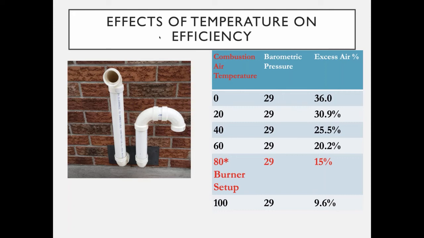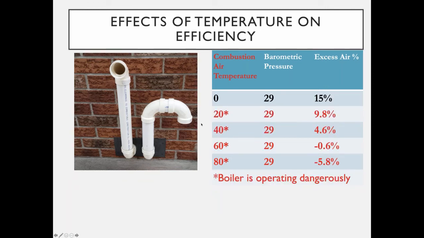Well, as it gets colder throughout the year, we actually have more air, more oxygen in our combustion air, and it goes from maybe down to 30% excess air, which looks like it's going to be about a 1 or 2% difference. It's not bad, but the thing that we really want to be careful of is, when I was taught in the industry, we were taught the best time to set up a boiler is when it's the coldest temperatures of the year, because the boiler has to run for 15 minutes for the flame to stabilize before you do any